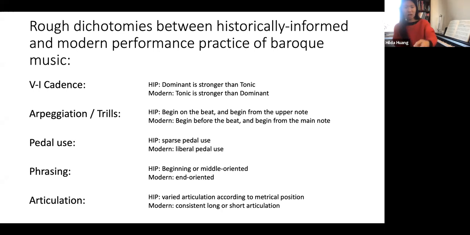And then finally, articulation is one of these things that has shown itself to have a lot of differences between historical and modern players. So in modern playing, now when we hear a lot of modern playing of Bach, I think one of the things that sets my own playing apart is that mine is actually considered a lot more historically informed in this manner because I have a much greater variety of articulation. If we think of somebody like Glenn Gould,